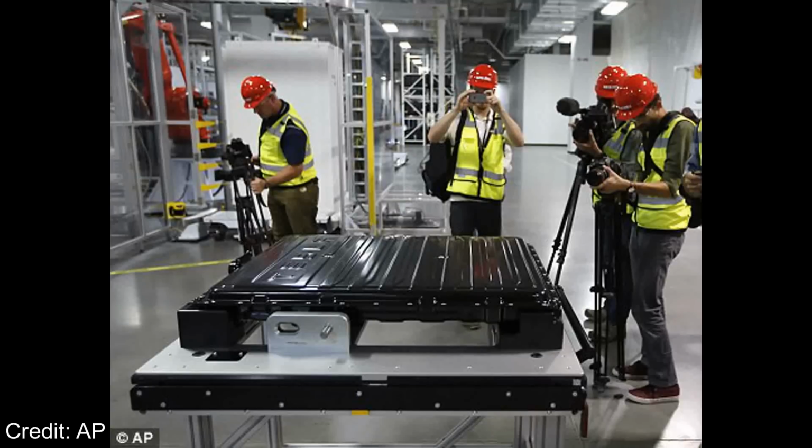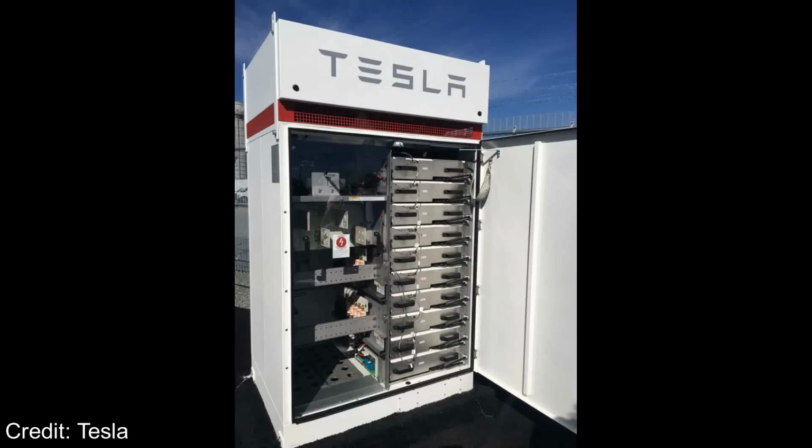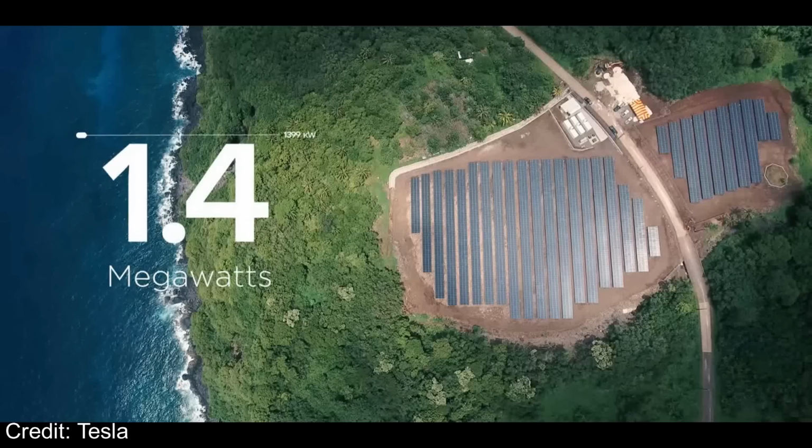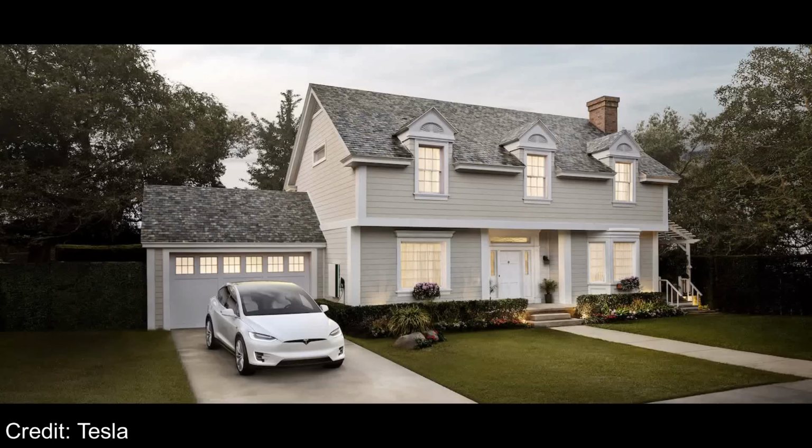We then walked into a display area showing a battery pod, which is the single battery module that goes inside a Powerwall, and 16 of them are racked up inside a Powerpack. There was also a Powerwall, Powerpack, and the refrigerator-sized inverter that goes along with the solar and a Powerpack system. Signs on the wall showed off the American Samoa, Hawaii, and South Australia projects, which are now using this equipment. I asked about delivery time for a Powerwall, and she said it was about 2 months,